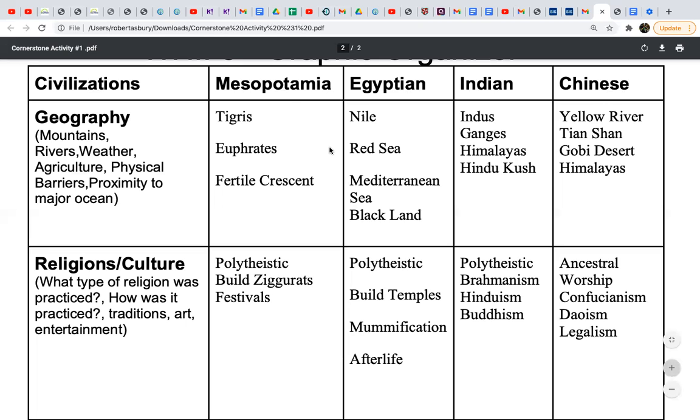Indian culture, polytheistic and Brahmanism. Remember that Hindus were monistic, and we'll look at that a little bit more when we talk about them. And most Buddhists don't believe in Buddha as a god or believe in gods.